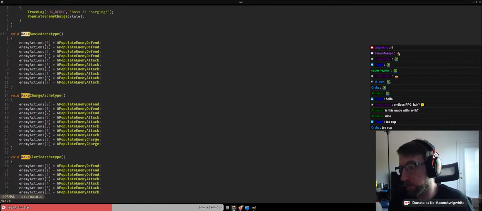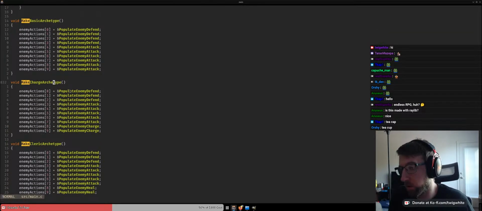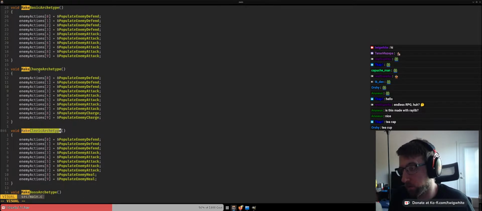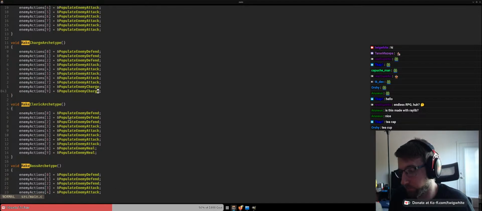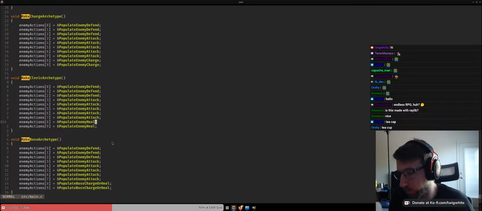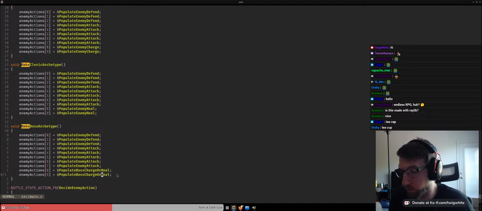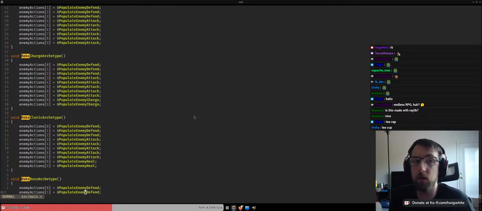So I have a basic archetype and a charge archetype and a cleric. The charge has the charge attack that we saw. Cleric can heal if it wants, and then bosses can do a charge or heal. They do it slightly more intelligently. But once I figure out what these archetypes are and what